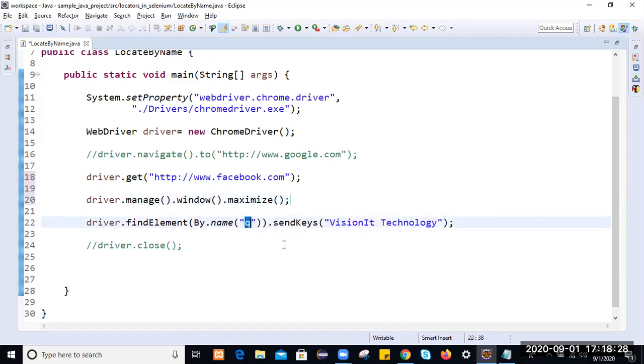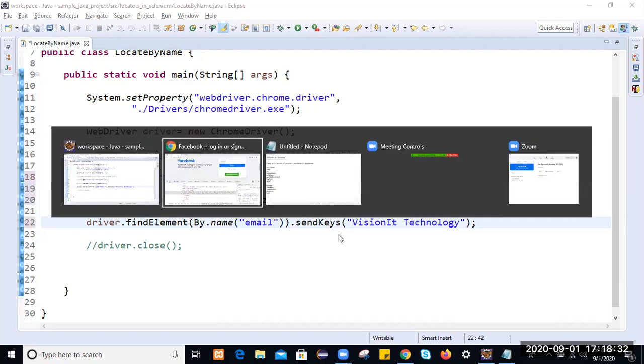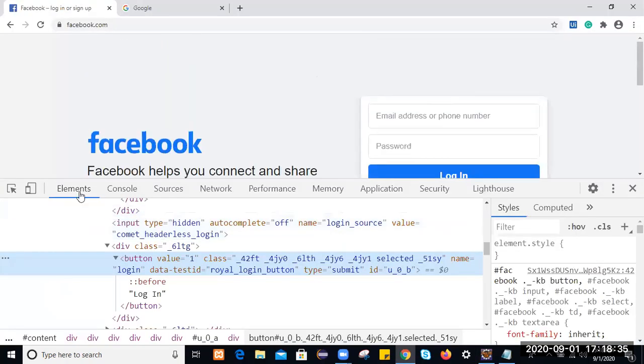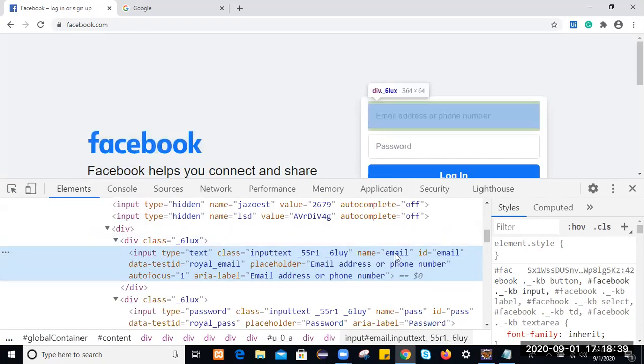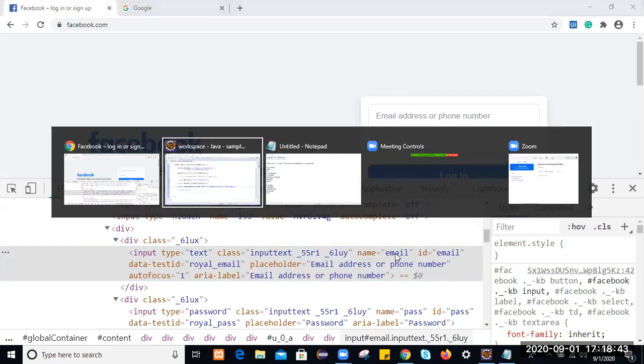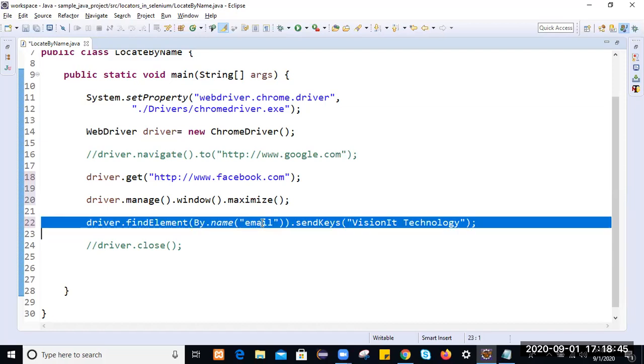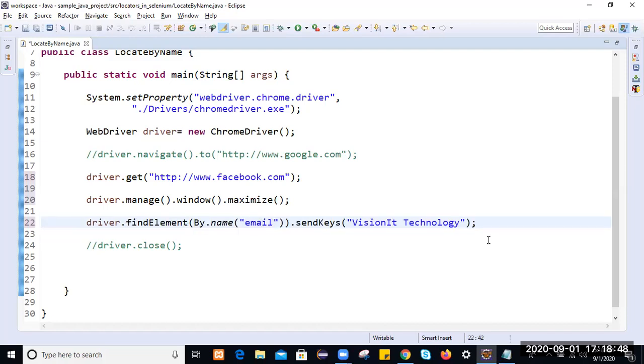The first is email. If you inspect and observe carefully, name is equal to email. Double click on that, copy this, go to the script and just paste as it is.